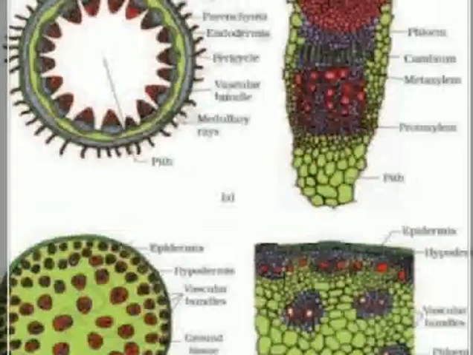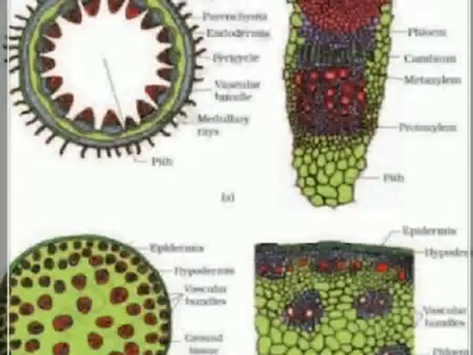The transverse section of a typical dicotyledonous stem shows that the epidermis is the outermost protective layer of the cell. As you can see in this figure, the epidermis is the outermost layer. Covered with a thin layer of cuticle, it may bear trichomes and a few stomata. The cells arranged in multiple layers between the epidermis and pericycle constitute the cortex.